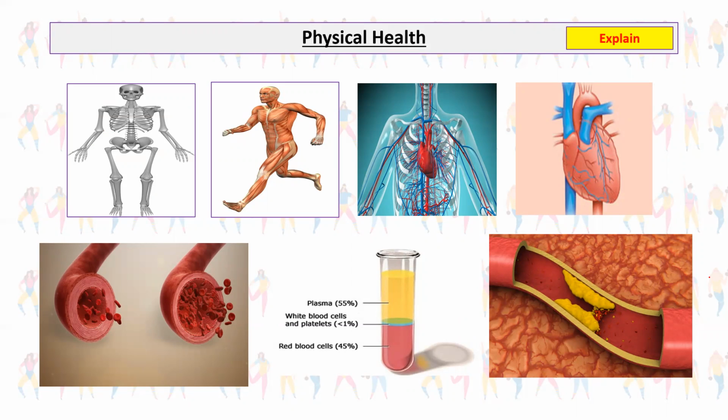But if we just break it down initially into things about physical health, you don't have to write these in any particular order, but you can tick them off on your list or add any that you've missed off. So healthier bones, healthier skeletal system, stronger bones, stronger muscles, improved cardiovascular endurance, improved cardiovascular system, stronger, healthier heart, reduced chances of coronary heart disease, reduced blood pressure, increased blood volume. All of these things are going to have a beneficial effect on your physical health.